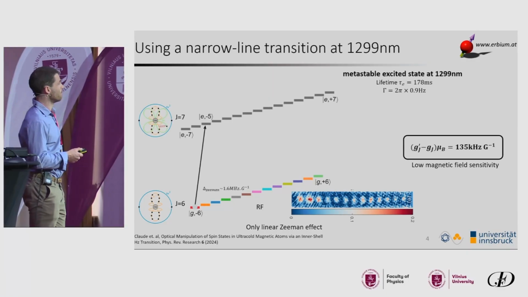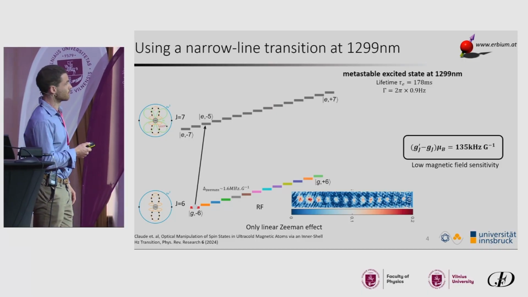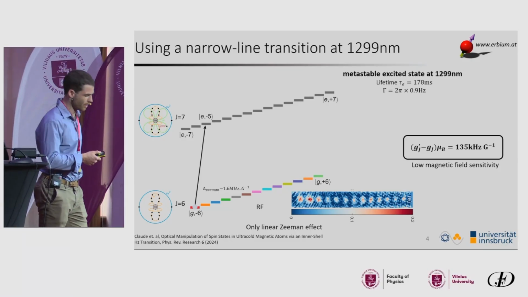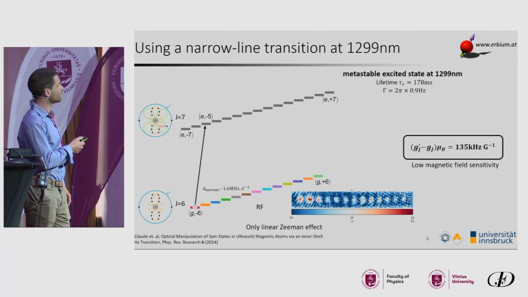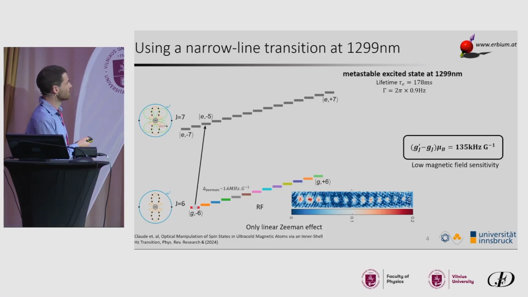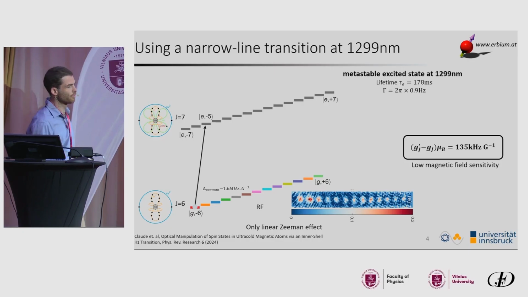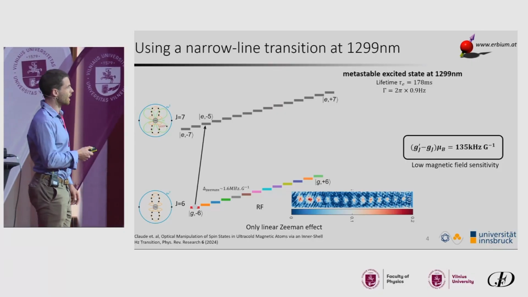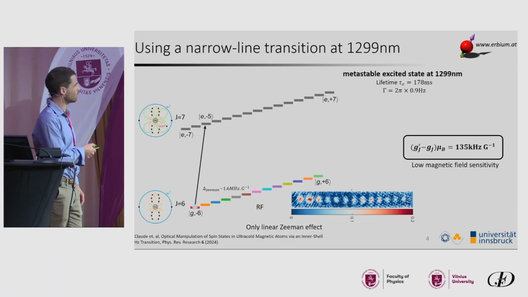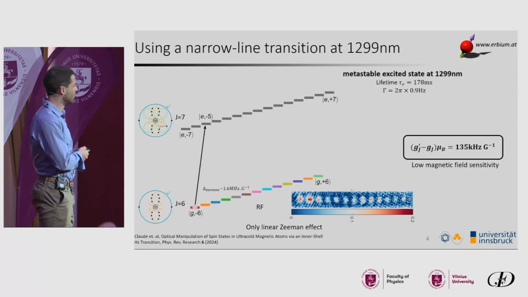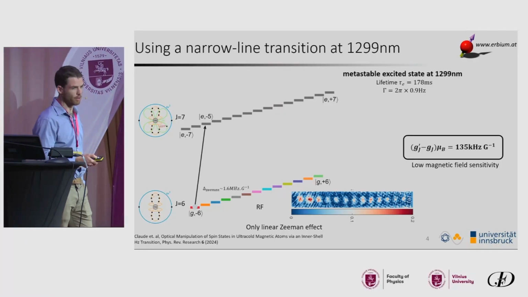And as I said, we have many optical transitions we can use, and in particular, we can use a transition at 1299 nanometers, which has an extremely long lifetime, so a very small linewidth, and has a slightly different Zeeman splitting in the excited state. What this means is that the transition frequency between these states and the adjacent state will be slightly different, around 135 kilohertz per Gauss. So for a typical magnetic field in our lab, which is around 1.9 Gauss, we actually get a strong splitting between all those transitions compared to the linewidth of our light, and we can address individual spin states and actually manipulate the spin.